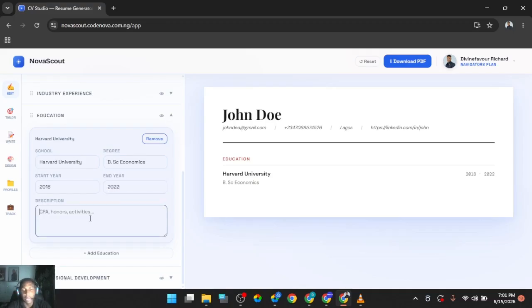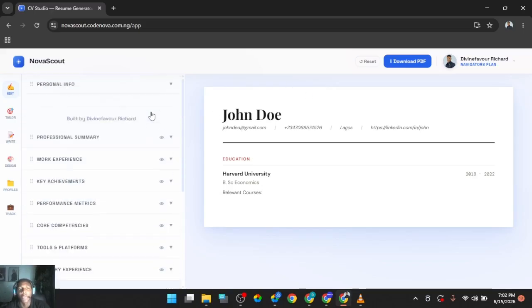You could add anything more, maybe relevant courses, whatever you want to add, you could always put in there. But let's not dilly-dally on it. And of course, if you have multiple educations, you can add more educations, right? So in this case, we've been able to put in the basic information and then